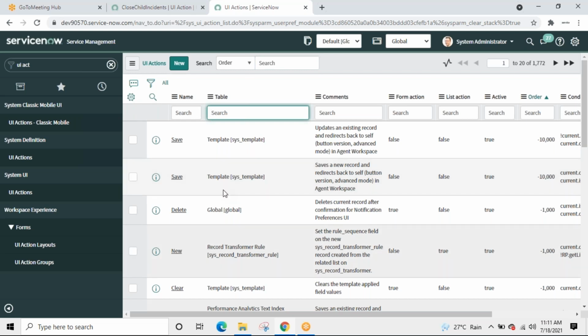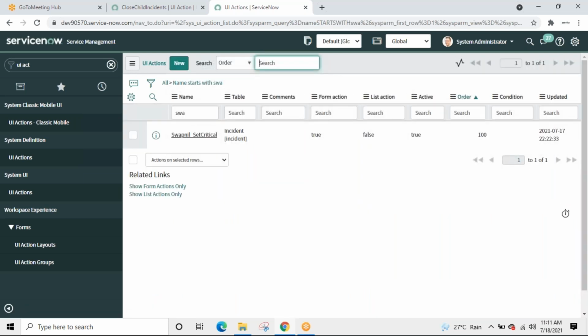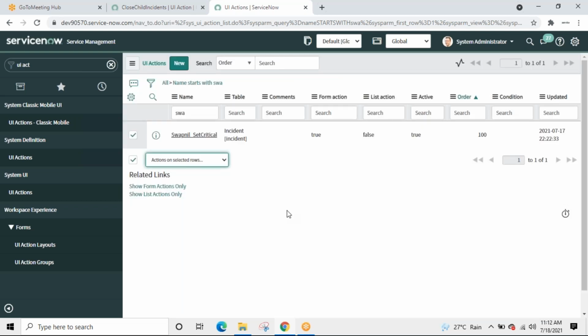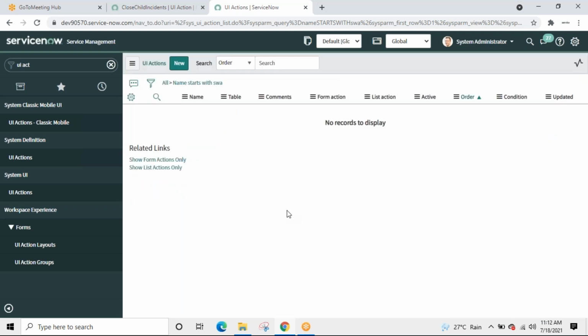Where is our UI action? This is how we find out when we don't know the full name, or always update it so it will sort and bring up the most recent one to the top. Delete. That button is also gone now. All right.